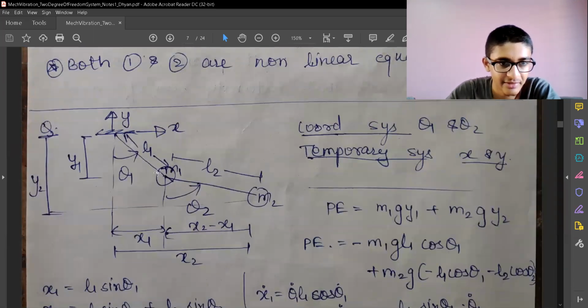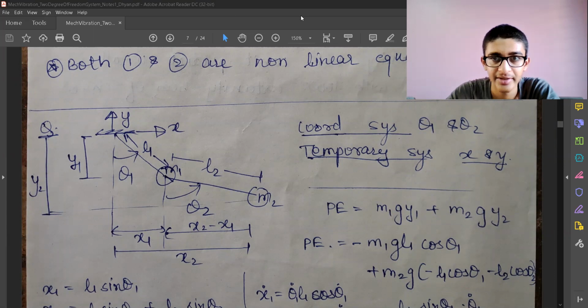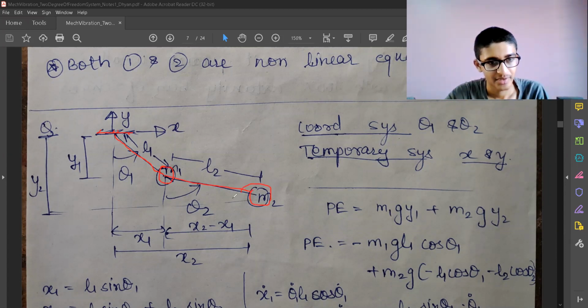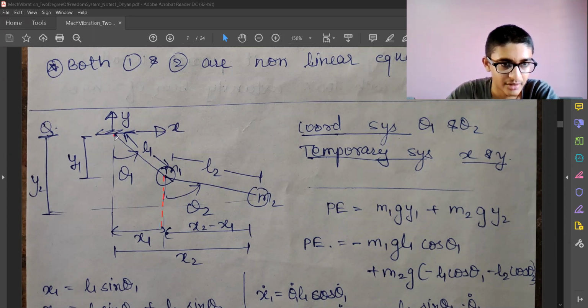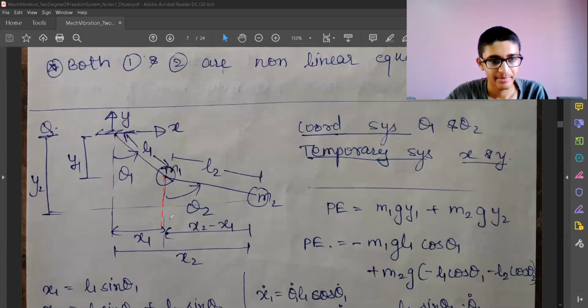Let's look at another question, which is very interesting and innovative maybe, where we have a fixed support. First is the mass, a ball at length L1, and another ball is connected to the first ball and its mass is M2. So again, we know we have 2 degrees of freedom. I am assigning theta 1 and theta 2, but the way I am assigning them is very new to us. So this is theta 1 with respect to this vertical, theta 2 is with respect to this vertical. And temporarily I am defining a coordinate system x and y. Later I will convert them to theta 1 and theta 2.